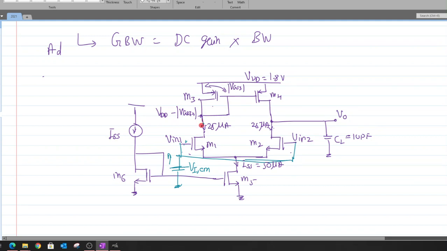But still, after all the manipulation, we came to a final conclusion that the circuit can be considered a symmetric circuit, and we still get the same expression of the gain by assuming the circuit to be symmetric and driving this particular node towards the ground. So I'm going to use the same principle that we discussed in the last class to derive the transfer function from the differential input to the output. This is what I want to compute here, the transfer function.